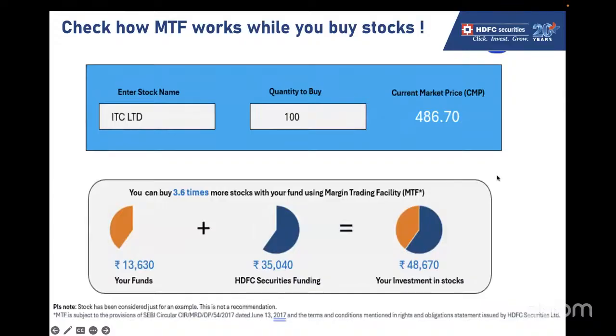ये एक एग्जांपल है कि कैसे MTF वर्क करता है, ये सिर्फ एग्जांपल है। ओके, दिस इज नॉट अ रिकमेंडेशन। एंटर द स्टॉक नेम, आपने क्वांटिटी डाली, यहाँ पे करंट मार्केट प्राइस 486 है। तो यहाँ पे आपको दिख सकता है कि आपको सिर्फ 13,630 लगाने हैं, बाकी बचे हुए 35,040 HDFC फंड करेगी। आपकी टोटल पोजीशन 48,670 होगी। तो आपके जो भी प्रॉफिट होंगे, जो भी लॉस होंगे, ये पूरे इस पे होंगे। ये पूरा अमाउंट जो इन्वेस्टेड है वो विल बी दी पोजीशन अमाउंट।